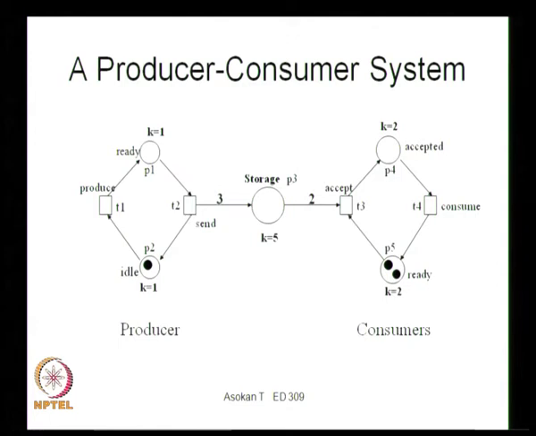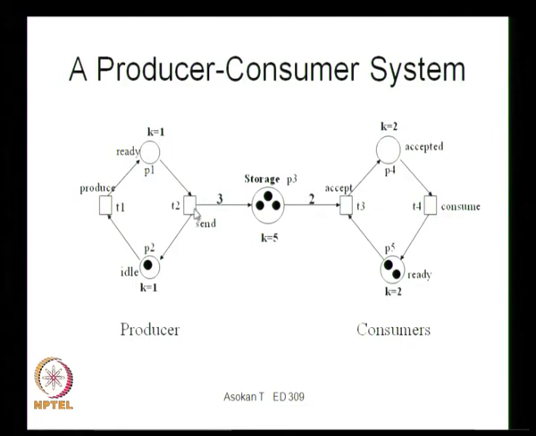Now the first thing is that the producer will produce some item, and then the item is ready for taking, so the token is transferred from here to here. The producer has one item ready for transport, and then it is transferred to the storage space. This one producer produces 3 items, so once he sends the items to the storage, the value of this place is 3 now, and the producer is again free to produce. Now he can produce more, but it cannot be sent here, because if he sends it next time it will be another 3, but the storage can take only 5.